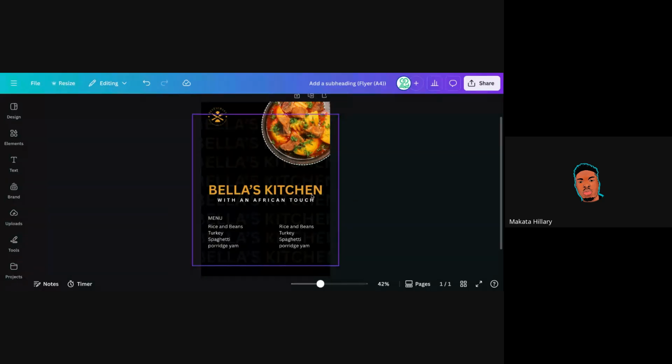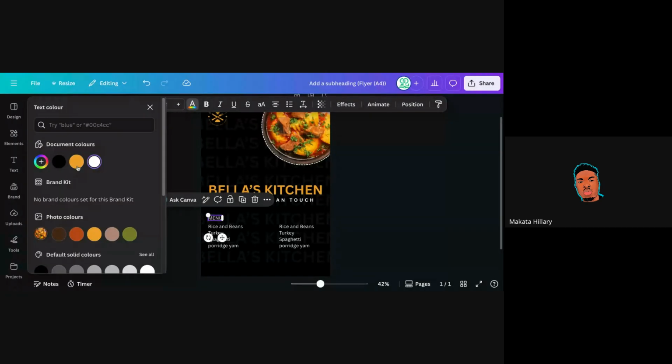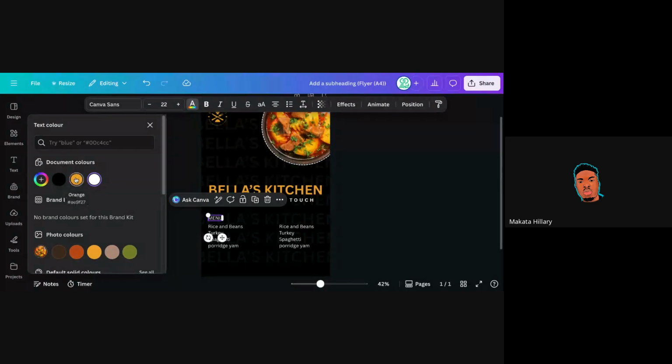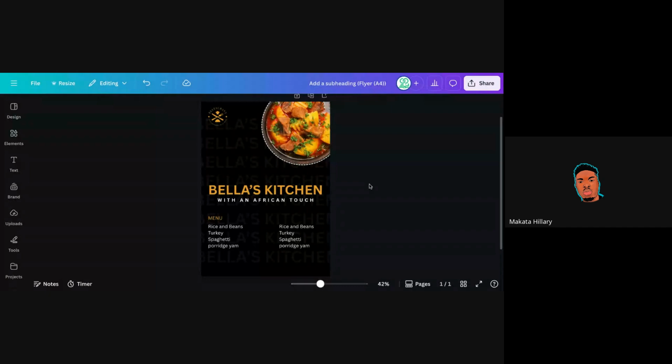Once we are done with adding the menu, I can decide to paint this particular menu. I can make it yellow, or that orange color we are using. I don't know the color you guys are using though. I can decide to make it that same orange color, just like this, just to maintain the color of the design. So the menu itself,